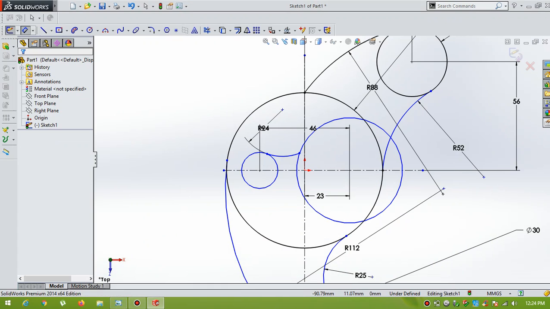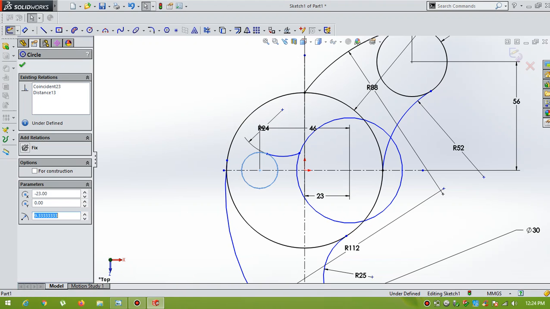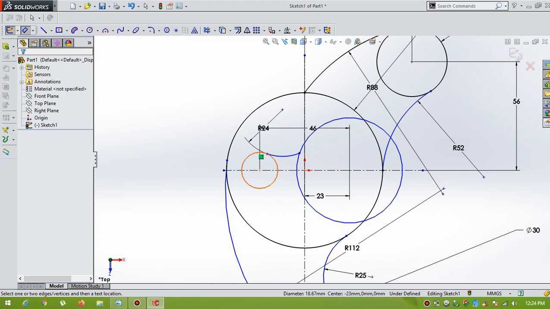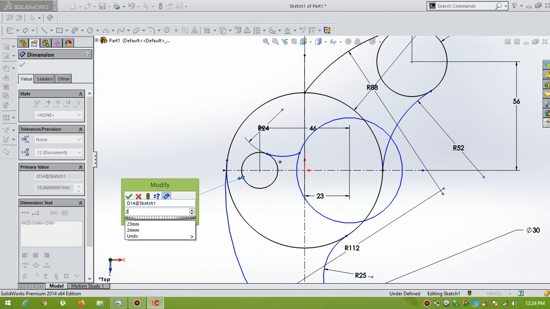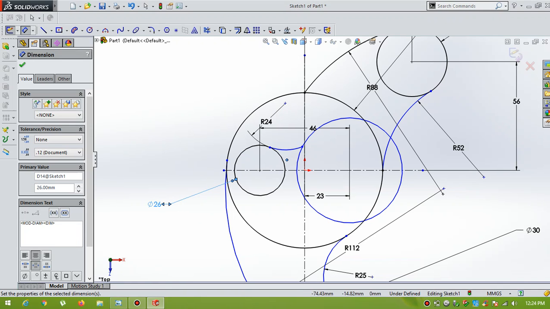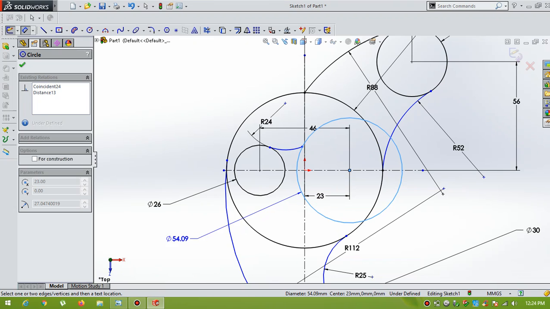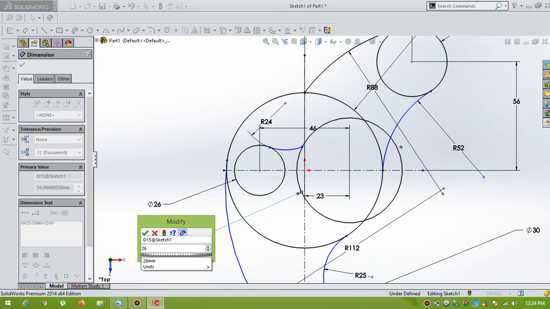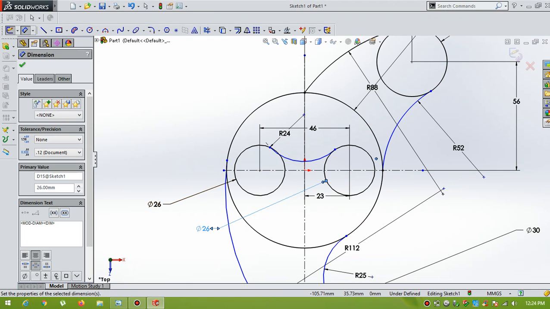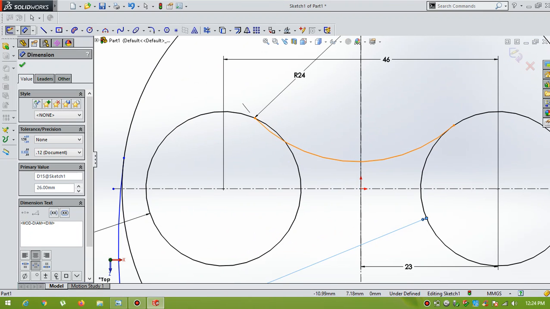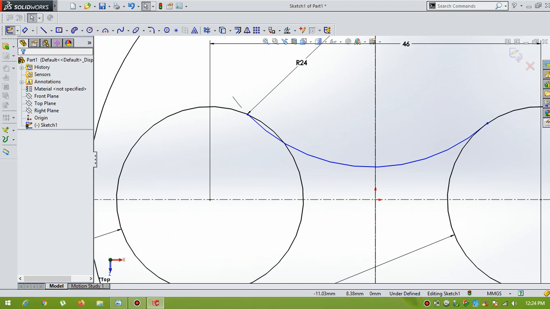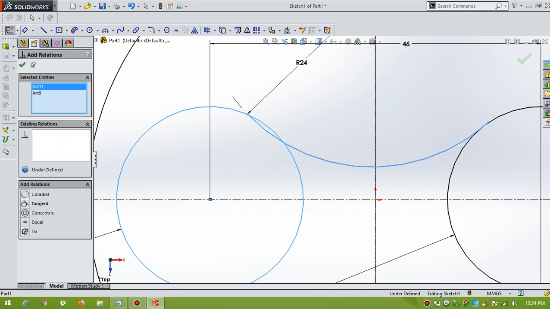Diameter 26. Now go for Add Relations. Select arc and circle, use Tangent.